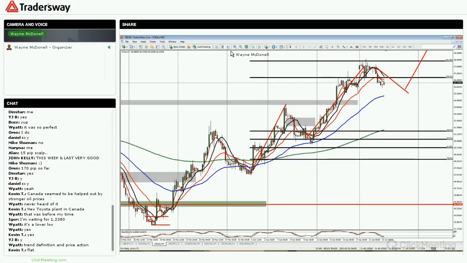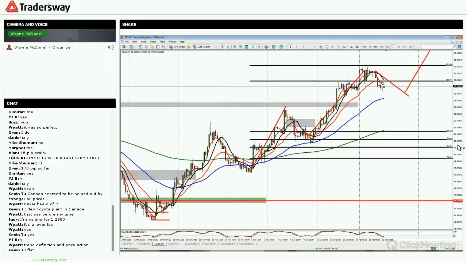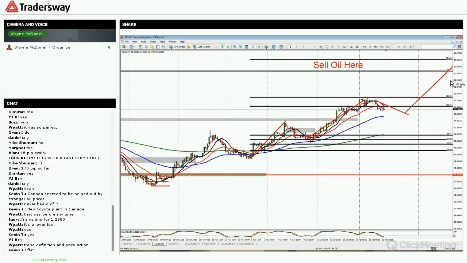Maybe. Now, we have oil inventories today, right? The DOE at 10:30. Maybe today. But sometime reasonably soon, in the next 48 hours, oil has the potential to go a little bit higher. Maybe closer to 60. I have it marked here as 64, 65, and I have a plan in place already.